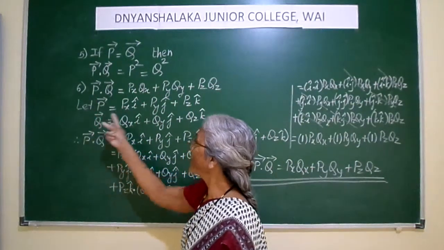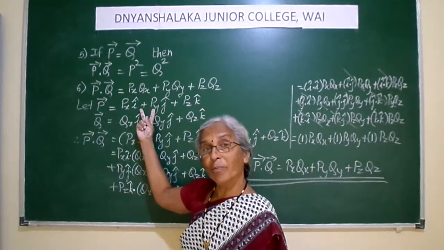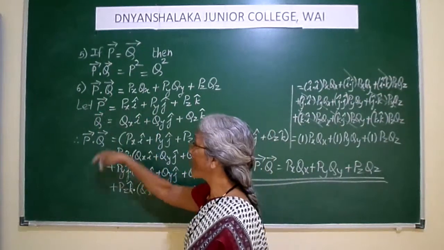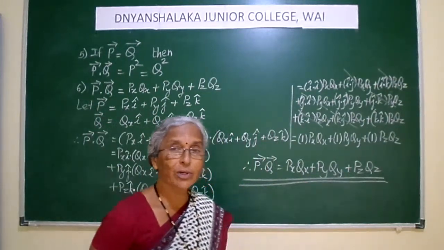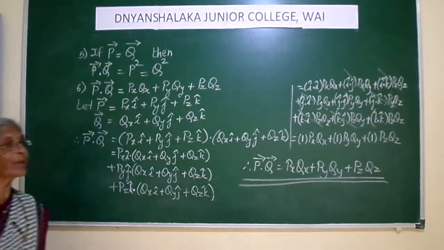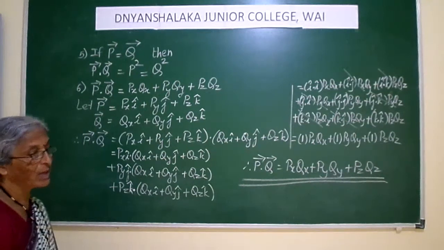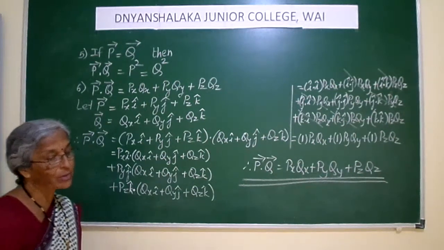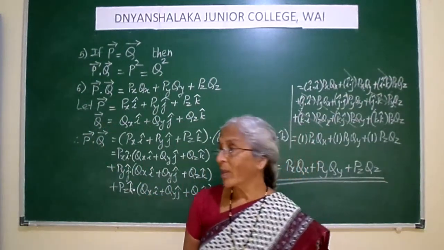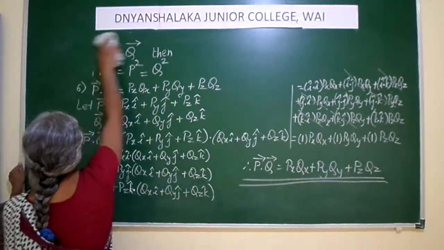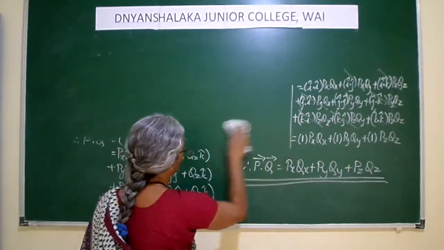Okay. Whatever vectors are given to you, resolve them into their component vectors along x, y and z axis and show the product is equal to this. Are you getting it, students? Revise this property and see that you are going to get it perfectly correct. You will be asked numericals based on this property also. Okay. Now with this property we will pass on to the next property in the scalar product of two vectors.